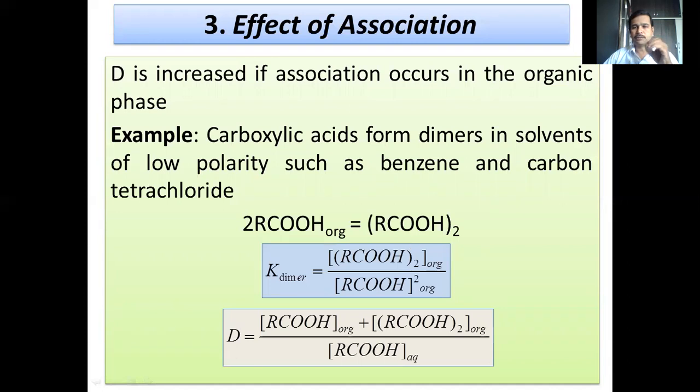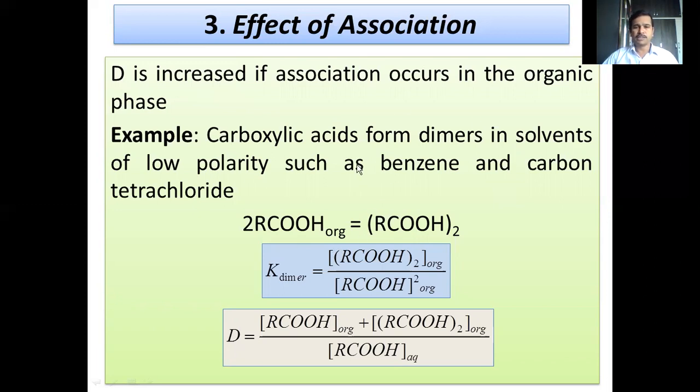Oxygenated solvents are ether, acetates, ketones, alcohols, etc. So if you take oxygenated solvents, their polarity will be high. So dimerization will be less. Extent of dimerization cannot be expected to a maximum extent. But if you consider low polar solvents such as benzene, carbon tetrachloride, ethylene dichloride, or methylene dichloride, etc., the dimerization process will become rapid and abrupt. Therefore, if the extent of dimerization is more, then the value of D will be more. As a result, the extraction efficiency will also become high. This is the thing we have to understand.